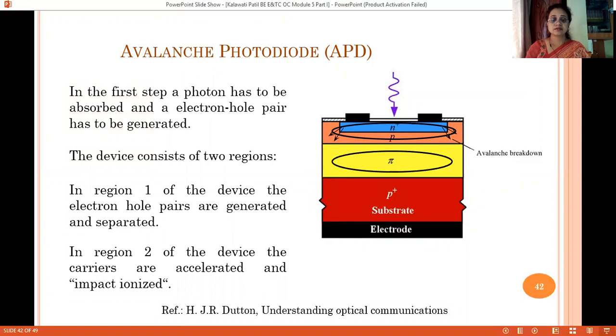So this is how, students, you can now compare from the simple PN diode, it was changed to the PIN diode. Now by introducing one more field, by adding one highly doped layer, and by increasing the external biasing, here we got the internal amplification mechanism and an increase in the photocurrent.